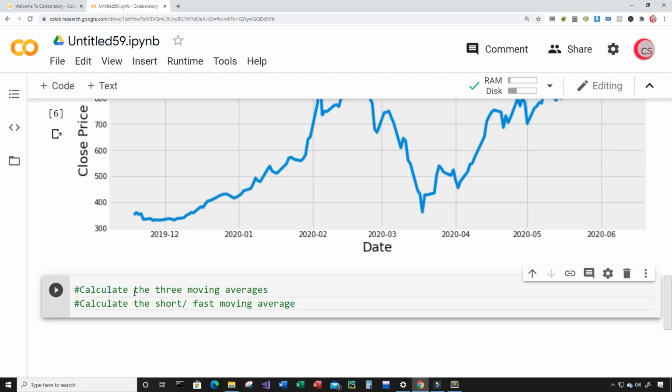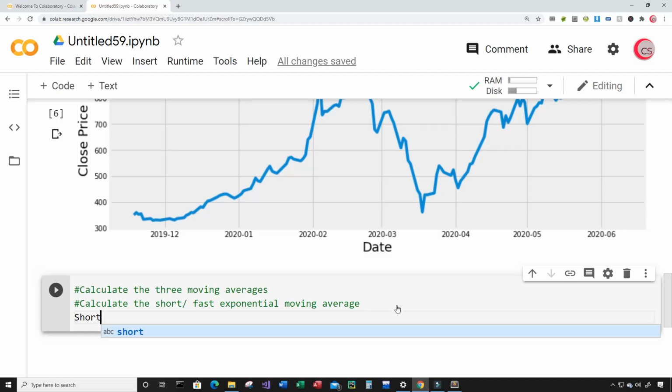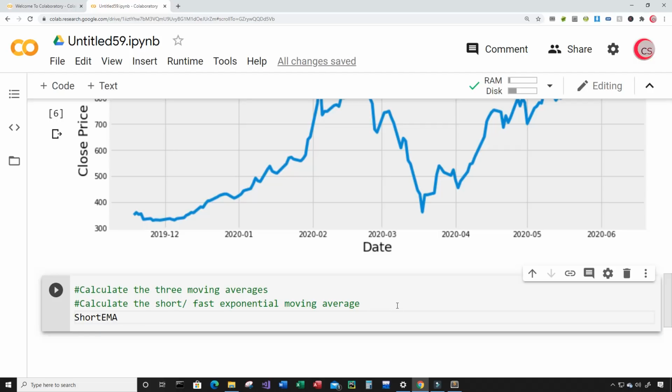Okay, and I'm gonna actually make it an exponential moving average. So I'm gonna put exponential moving average. All right, so let's create a variable first. I'm gonna call it short EMA, which will be short for a short or fast exponential moving average. And I'm going to set this equal to